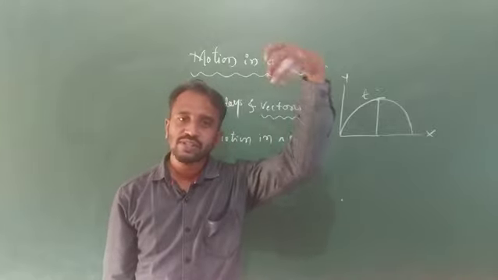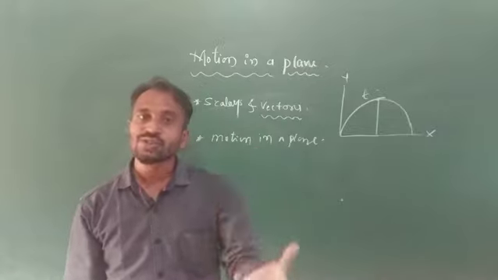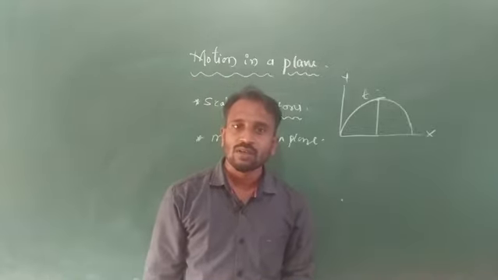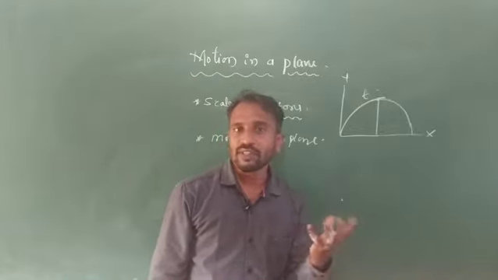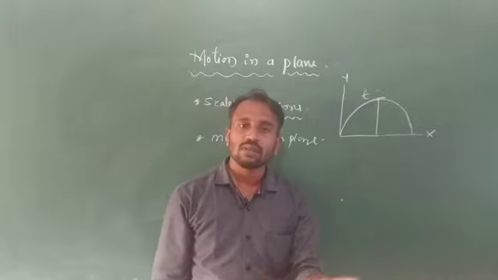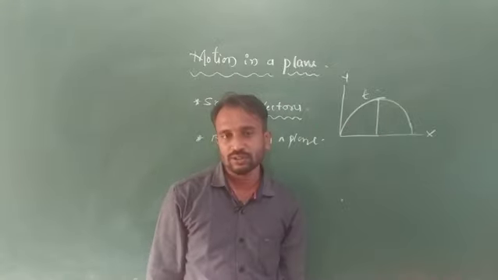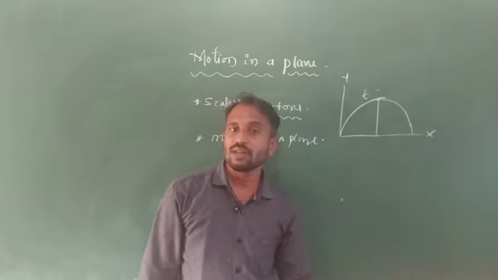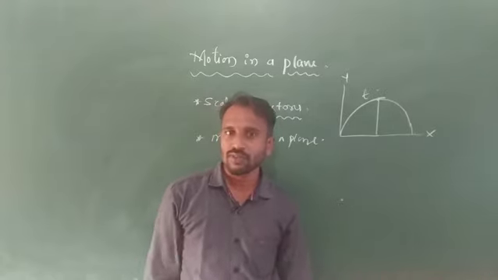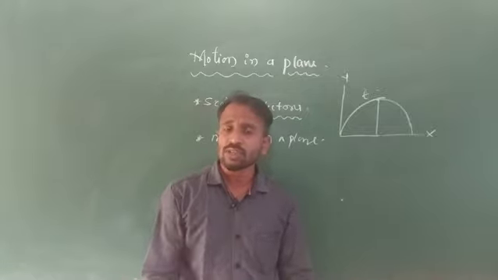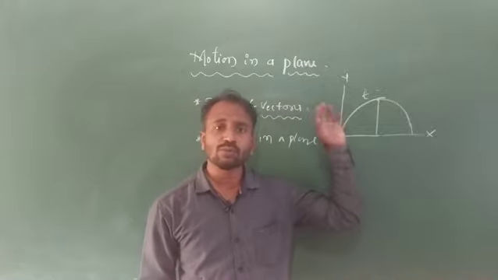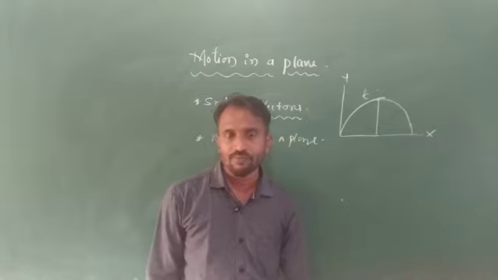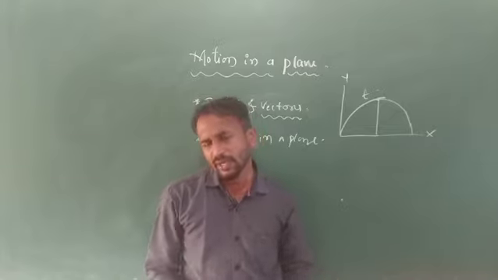Suppose an object is present in a space, how to find out the position of an object, and which type of vector we will use to find out this position. It means different types of vectors are there. So one is a resolution vector, it means a resultant vector. By using these vectors, we have to study about the position of an object.